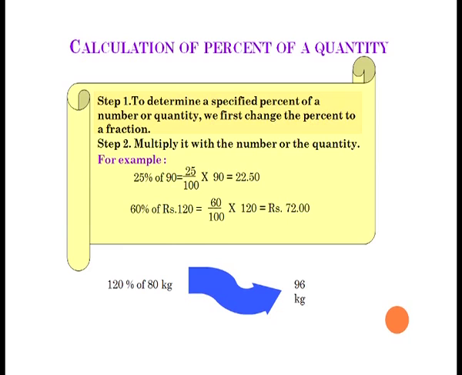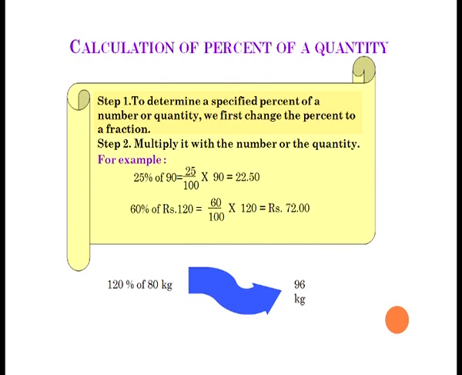Step 1 is to determine a specific percent of a number or a quantity. We first change the percent to a fraction or a decimal, and step 2 is to multiply it with the number or quantity. For example, 25% of 90: 25% means 25 upon 100, of means multiply, and 25 by 100 multiplied with 90,